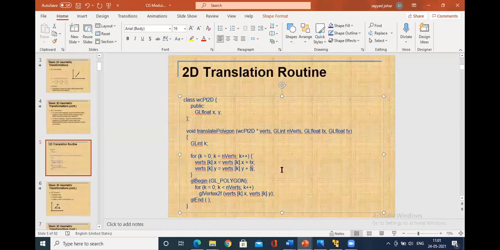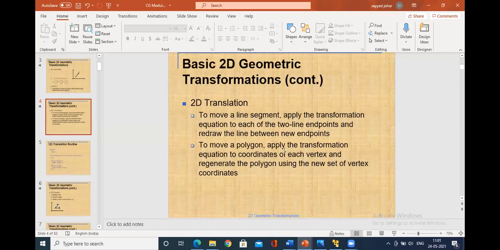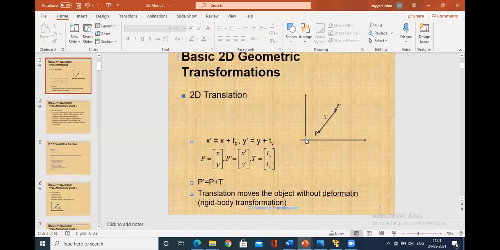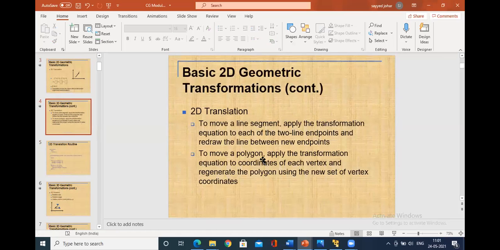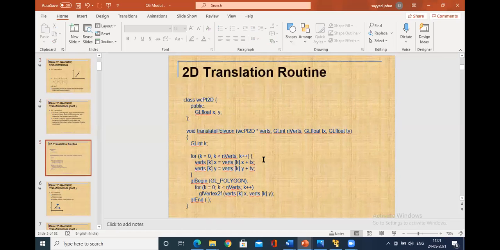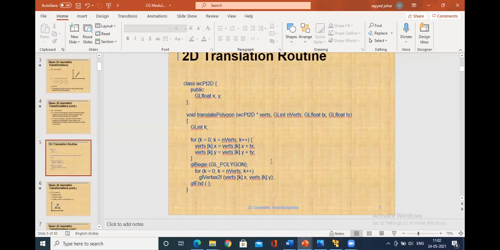This is just from the program point of view. As of now, theoretically you just need to remember that translation never changes the size of an object, and it simply adds the translation factors to the previous vertices. Here there is only one point, but imagine a polygon with a number of vertices. Then the translation factors will be added along the x-axis and y-axis for each point.